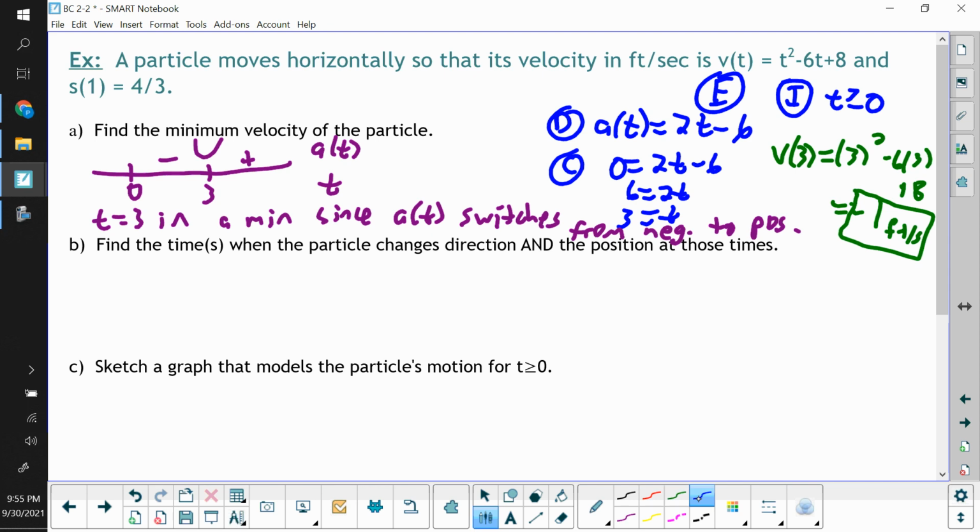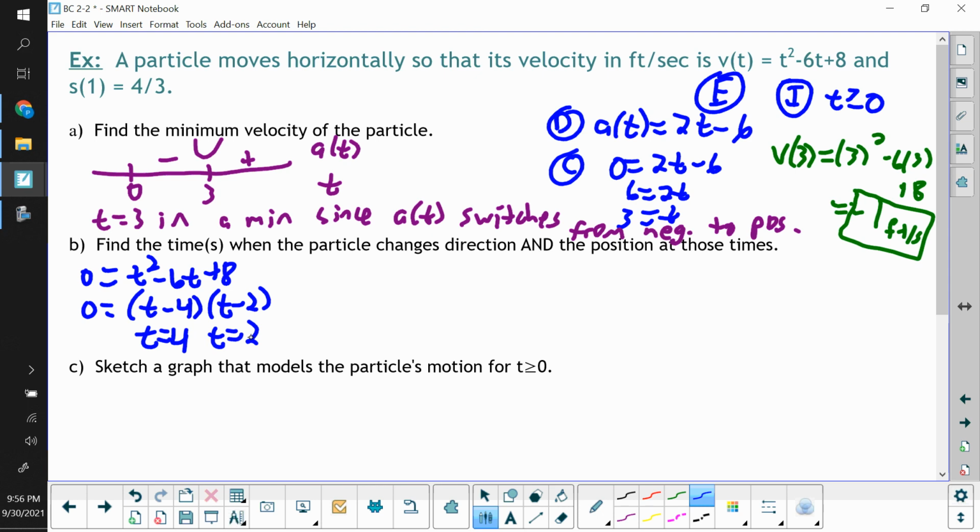Find the time when the particle changes direction and the position at those times. So when a particle changes direction, or when something changes direction, it has to pause for an instant, meaning its velocity would be 0. So the first thing we want to do is see when will that velocity be 0. This will factor into t minus 4 and t minus 2. So we'll get when t is 4 and t is 2